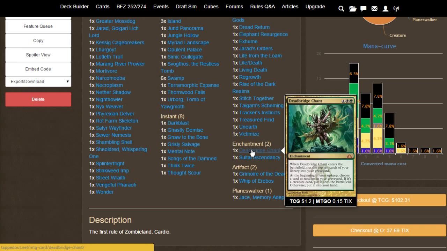Dread Bridge Chant. That's a tongue twister. This is another one that I've seriously considered taking out just because it's 6 mana, but it's crazy because, okay, when it comes into play, you put the top 10 cards of your library in your graveyard. There's no way that you're okay. There is a way, but